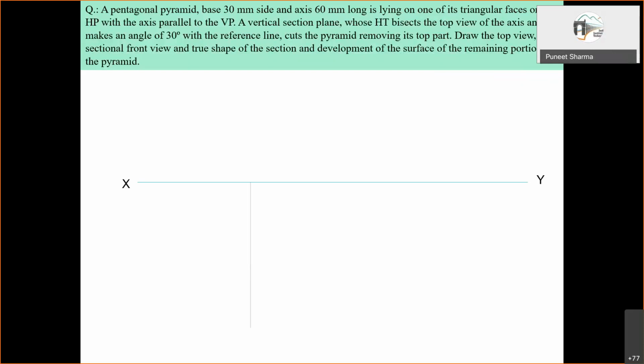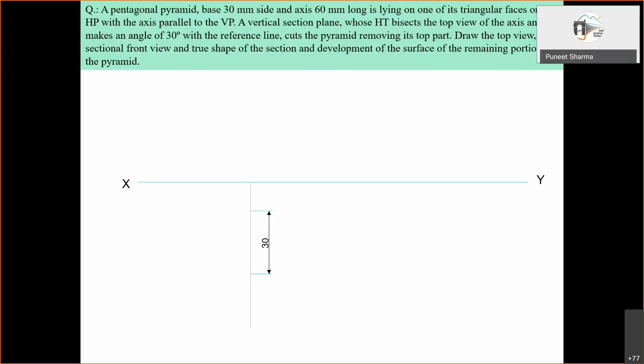So we have to have a triangular face on the horizontal plane. So initially, of course, we'll have to assume that the base of the pyramid is on the horizontal plane, in such a fashion that one of the base edges remains perpendicular to the vertical plane. So this will allow us to achieve the given position in the second step.